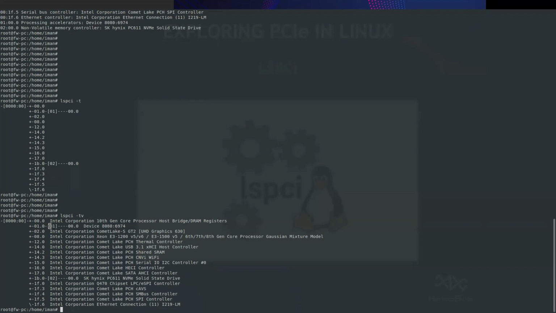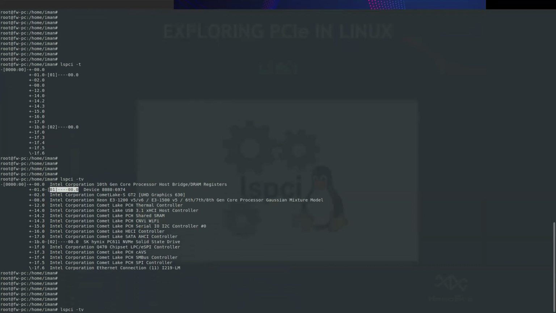This device starts from bus 1, that is a virtual bus number, and this is device number 0, and this is the function number. So bus 1, device 0, function 0 is my device that is connected to the PCIe slot on my PC. By providing only the bus number, device number, and function number, I can find my device in the topology.